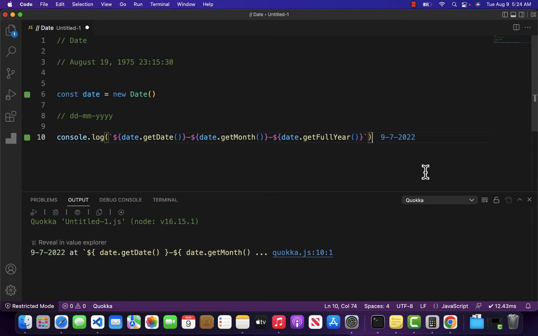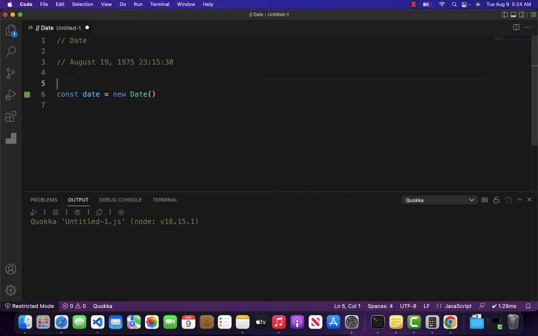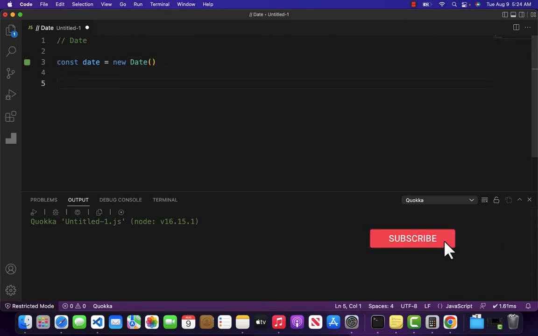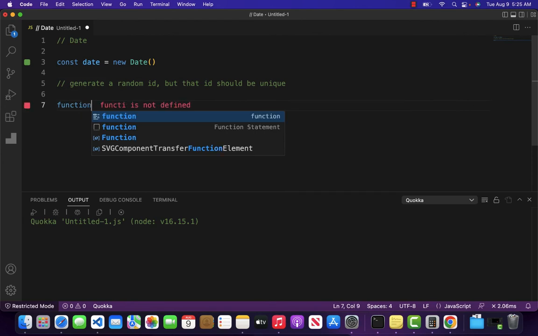So you can do a lot with this constructor method. Or let me take this video tutorial one step toward the advanced. For example, let me just clear it out. What I want to do is write a function which will generate a random ID, but that ID should be unique every time, right? So let's create a function getID,